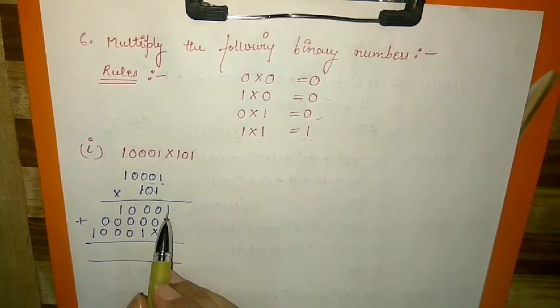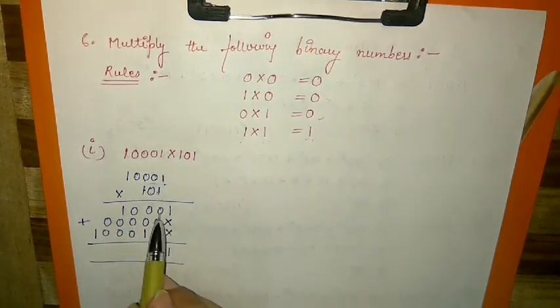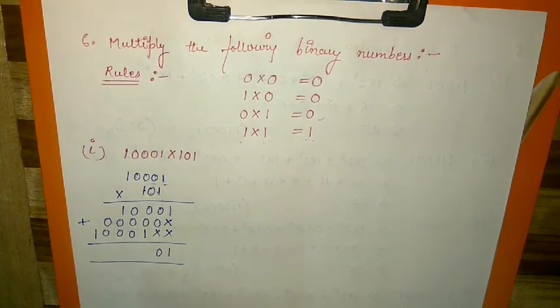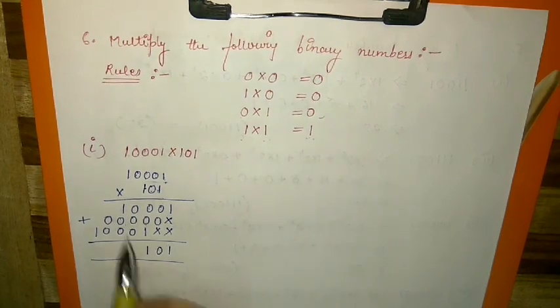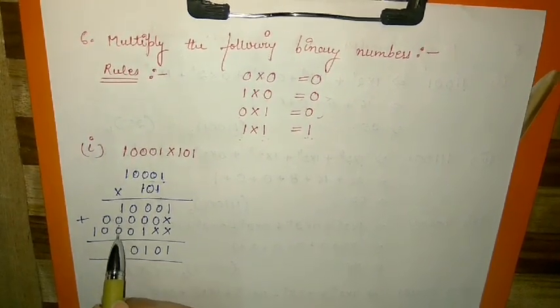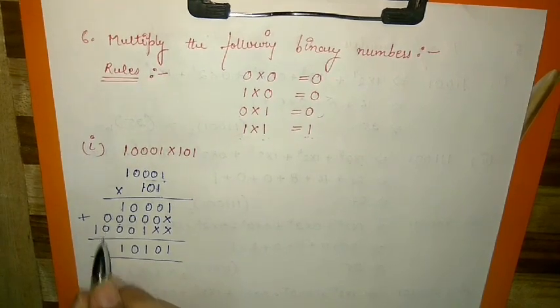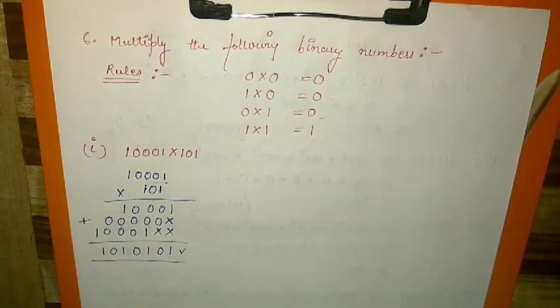Okay, now over here in this row you are having 1 in this column, so 1 you will be getting. 0 plus 0 is 0. Okay, 0 plus 0 is 0 and 0 plus 1 is 1. Then again over here 0, 1 plus 0 is 1 and 1 plus 0 is 1. 0 plus 0 is 0 and last 1. So this is the solution for your first one.